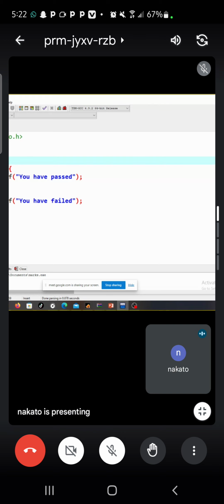So our if will be that if day is equal to, maybe we have 1, we say Monday. So if we would like to print